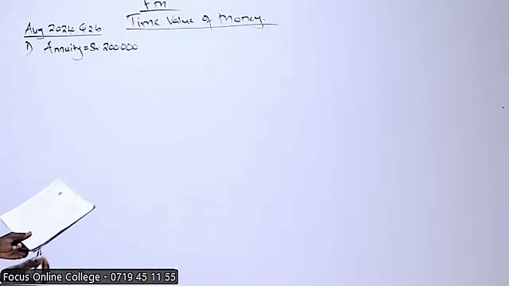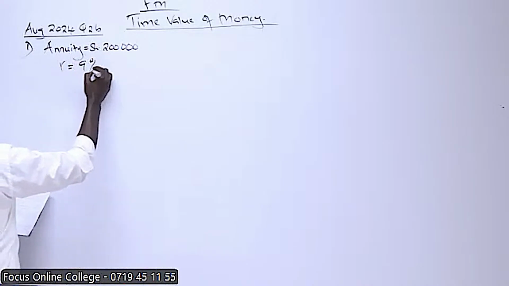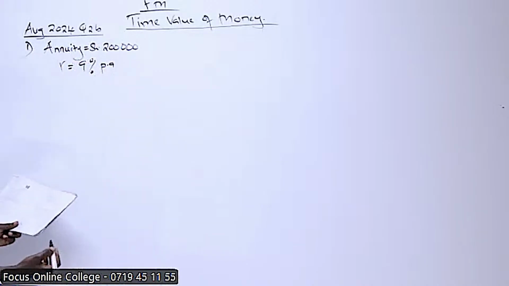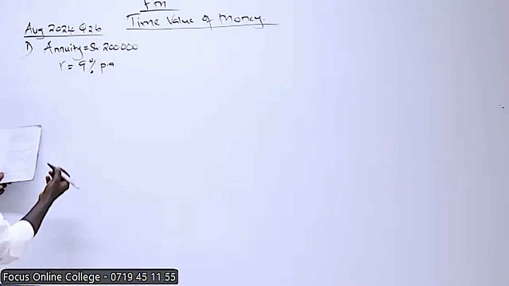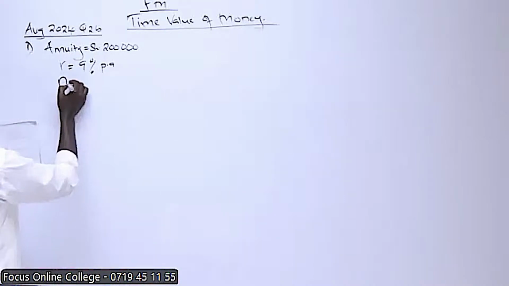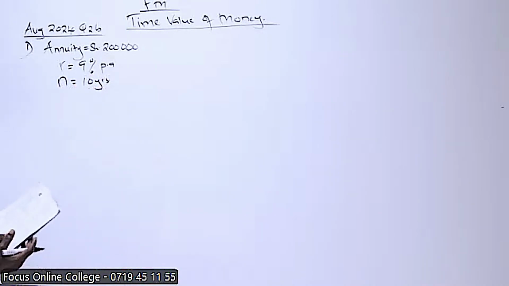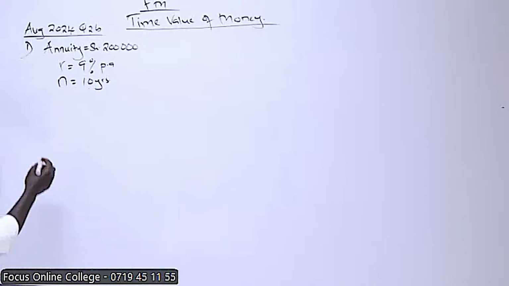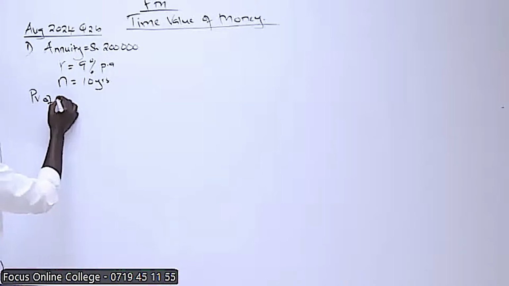Then the interest rate is 9% per annum. The required is the investment after 10 years. The number of periods is 10 years. So he's going to invest for a period of 10 years. This is an annuity due because it is occurring at the beginning. So present value of annuity due,